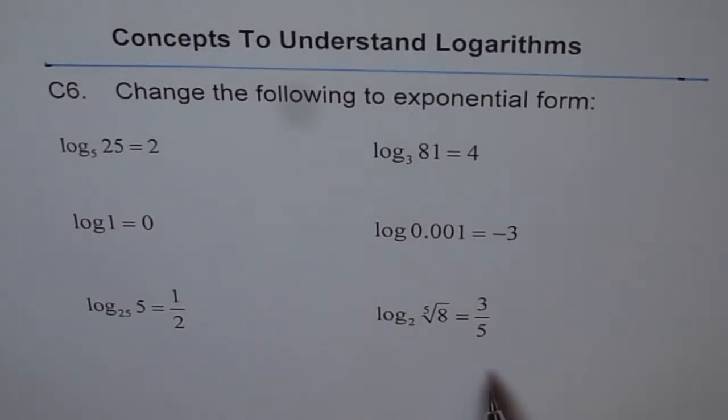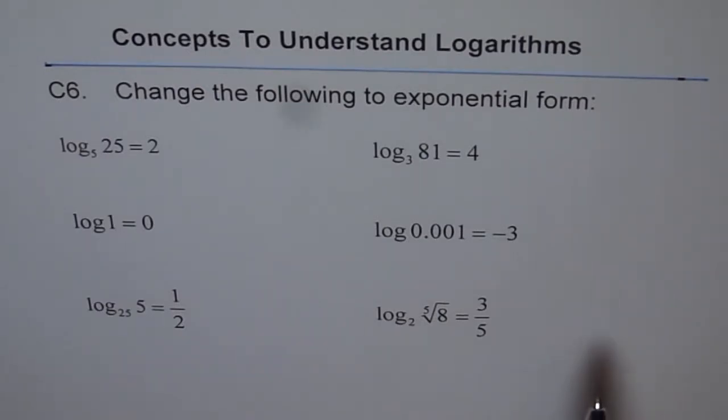The important thing is that in the last video, C5, we did a problem in 3 different ways. And one of the methods was to change it in exponential form, correct? And that's why I have taken this C6 now, just to make you conversant with this method of changing in exponential form, right? So there are basically 3 methods of doing it.